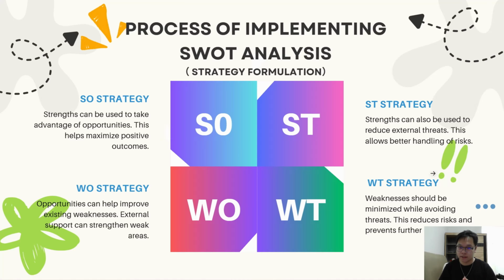The next one is WO strategy, which focuses on improving weaknesses by using opportunities. For example, a small business with limited marketing experience can use social media platforms to promote their products at a lower cost. Lastly, we have the WT strategy, which is about